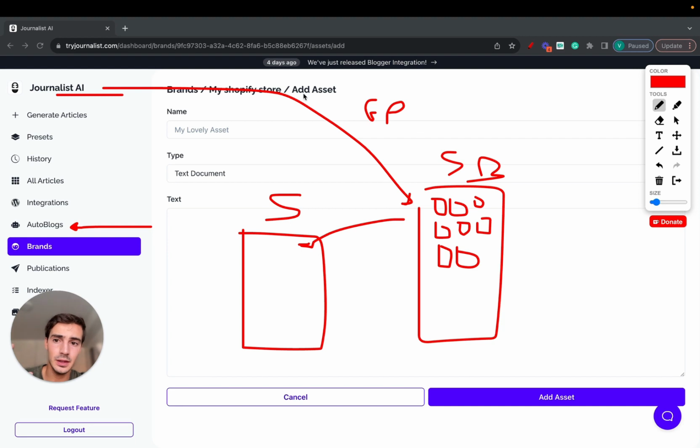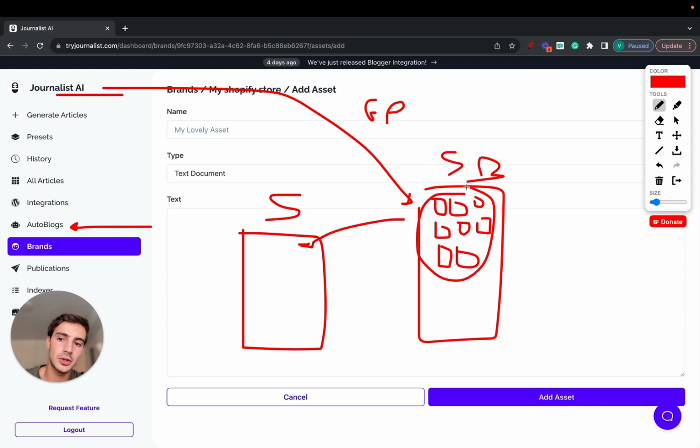So again, journalists will connect with your Shopify blog and generate and publish tailored content to your blog's brand. Now, it's not just some generic content. All of these articles right here are tailored to your brand based on the assets you uploaded to your brand's tab, right? And again, all these will link out to different products of yours, different pages on your site, and have YouTube videos about your brand, if you have them on YouTube, sorry. If you don't have a YouTube channel, we'll look for other videos in your niche and put them on the article.